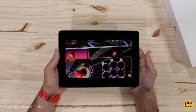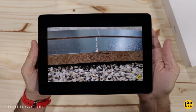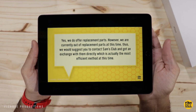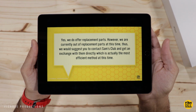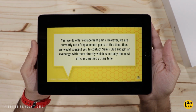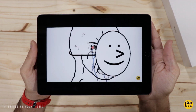And unfortunately, still haven't heard back from them. Oh, and then this last part you'll love. You know, I was asking them, I've got a broke piece, I'd like to get that replaced. And here's their response. Yes, we do offer replacement parts. However, we are currently out of replacement parts at this time. Thus, we would suggest you contact Sam's Club and get an exchange with them directly, which is actually the most efficient method at this time. So apparently they want me to return this to Sam's Club for a replacement, which you can't actually get because they're sold out everywhere. I guess my initial response was,